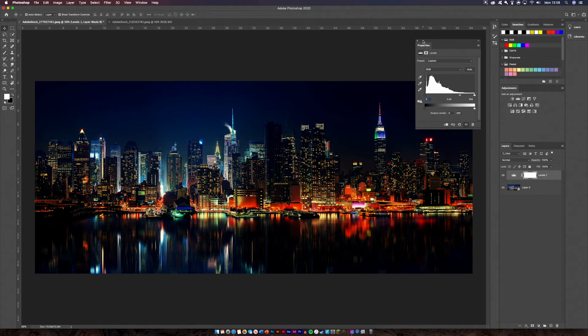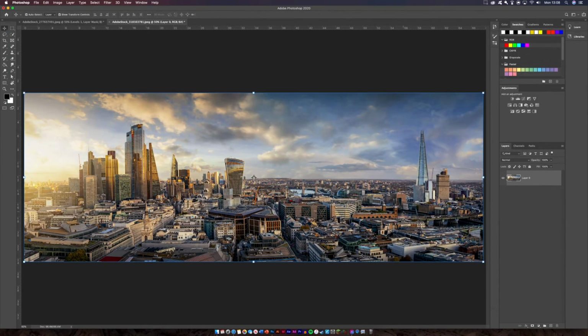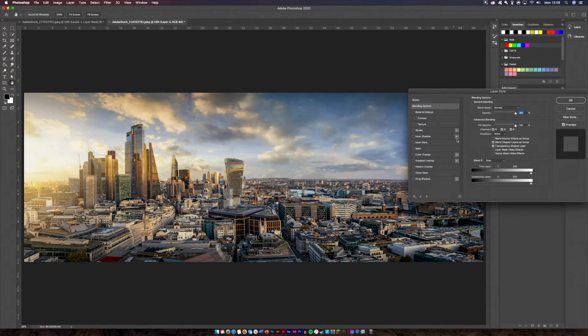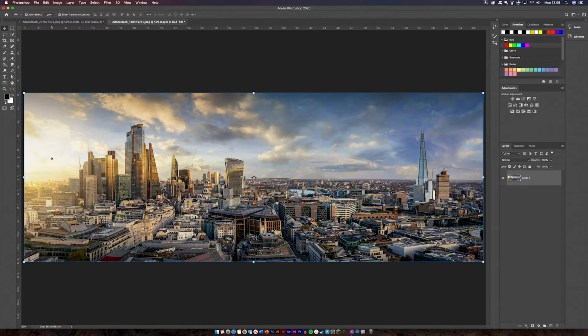Right, I'm going to move on to a different image now. I'm going to show you again, and that'll be it for today. Right, hello, back with another image. This one's of London, my hometown. Love it. I'm going to show you how to actually manipulate this image to make it look a bit more